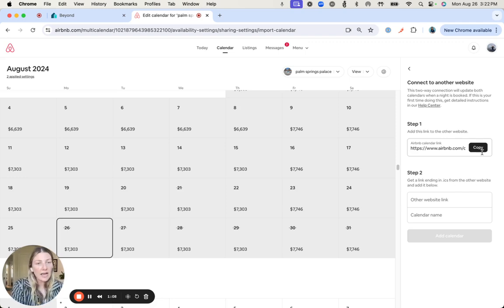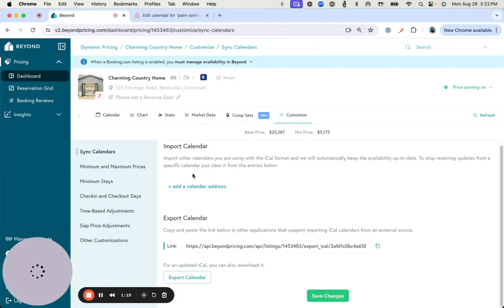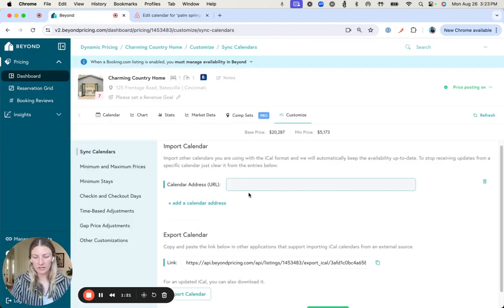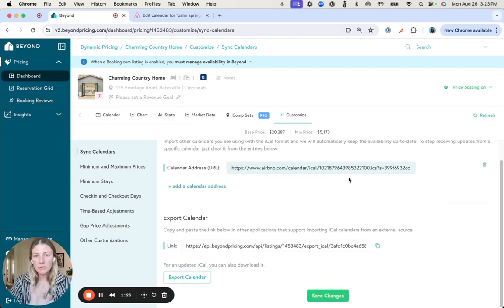So to do that, to copy this to my Booking.com listing, easy. I just push copy here. I go back to Beyond, to my Booking.com listing, and then I add a calendar address. Boom, easy. If that's all I'm adding, I can push save changes and I'm good to go. But before you save changes and completely leave, you do want to make sure you export your Booking.com calendar to